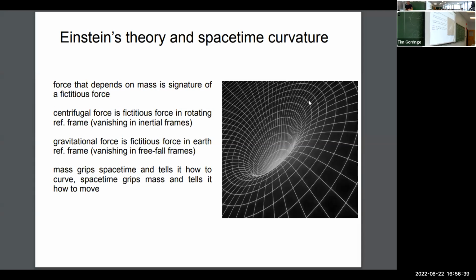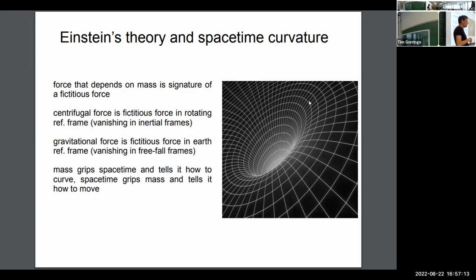Okay, I put this in because Newton's law of gravity and Galileo's law of free fall are hundreds of years old now. But they were really the foundations of a modern understanding of gravity. And a modern understanding of gravity is really rather interesting. So the first point is that